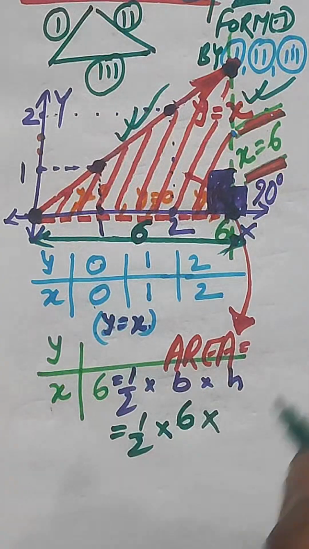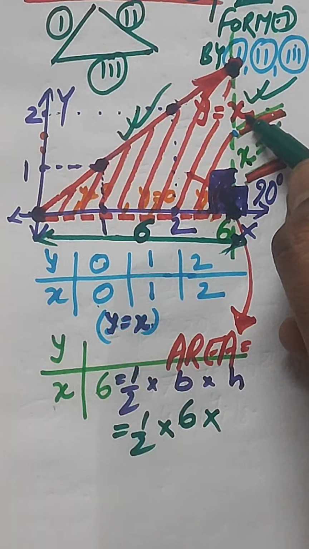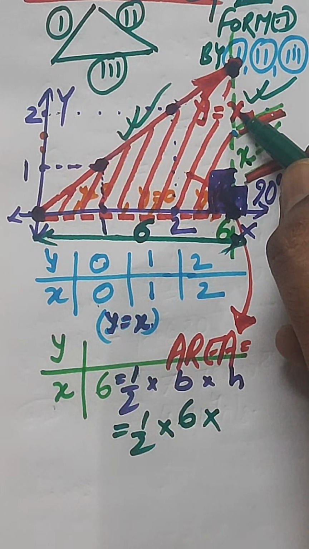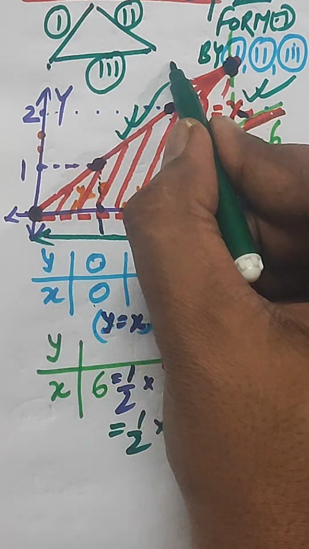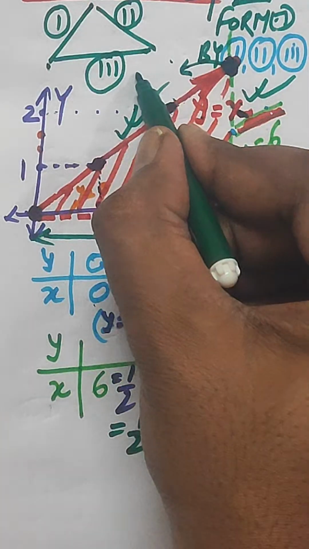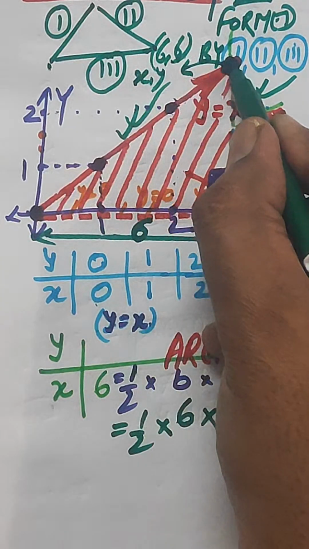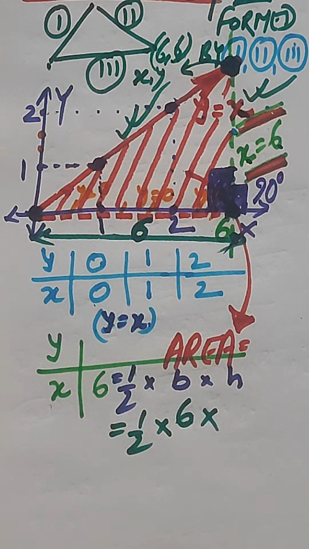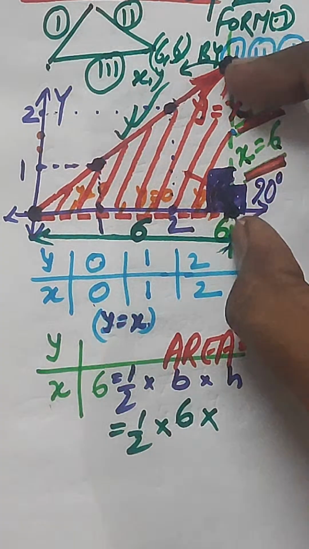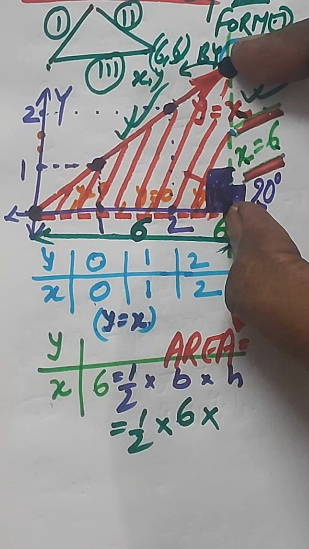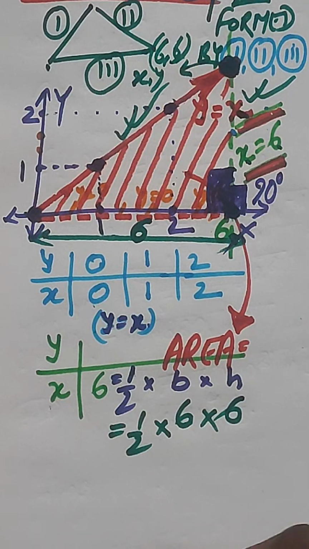So if y equal to x, that means when we put the value of x equal to 6 over here, then we get the value of y as equal to 6. So at this point the coordinates of xy will be nothing but 6 and 6. That means the value of this section, the standing one, is 6. So this will give you